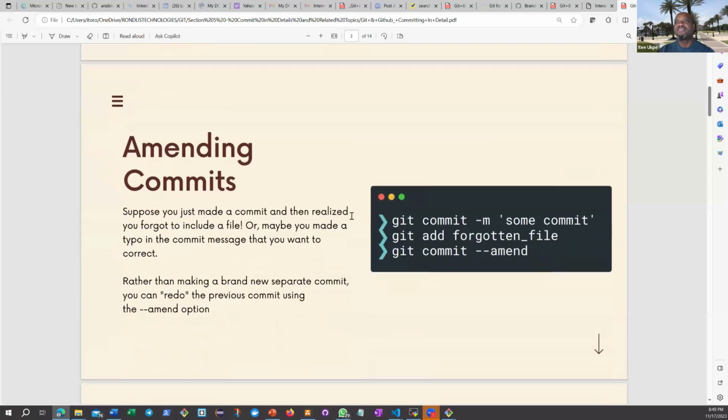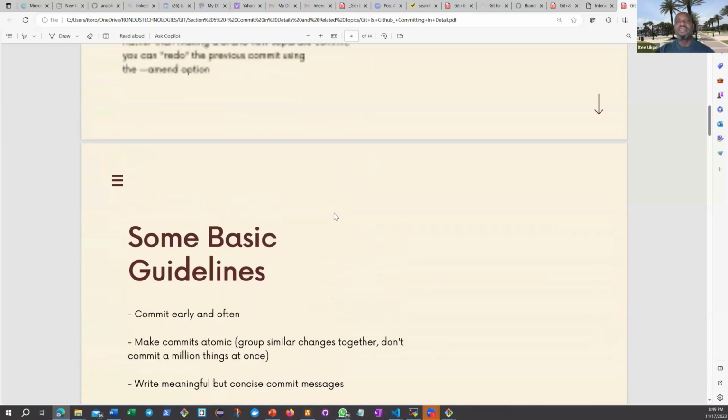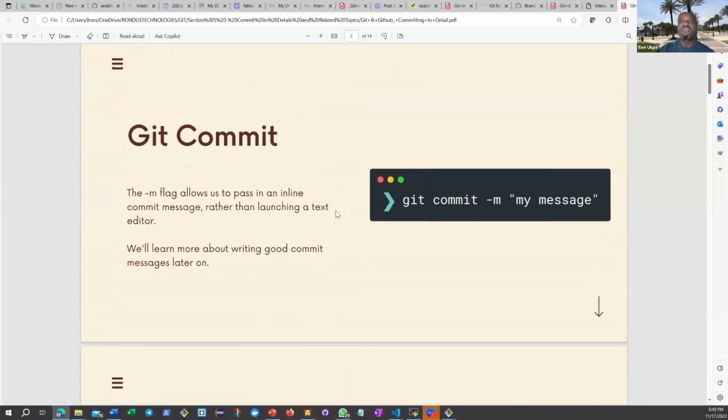So the question is, how do you write a commit statement, right? A commit statement, some people say you can write it in the past, you can write it in the present tense, but I think the convention is you write it in the present tense. Like